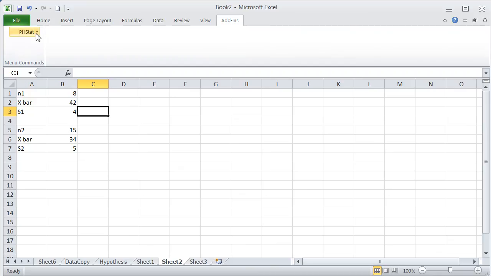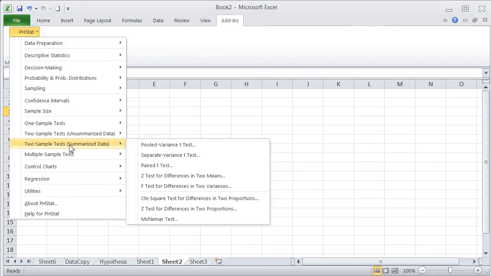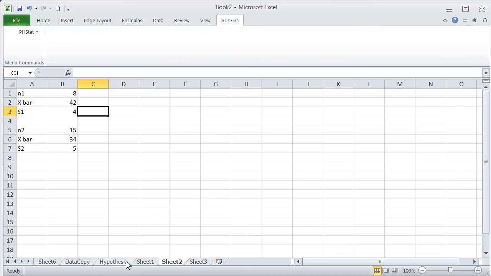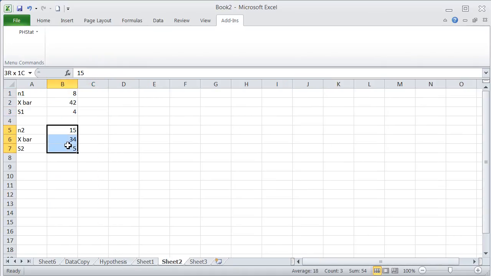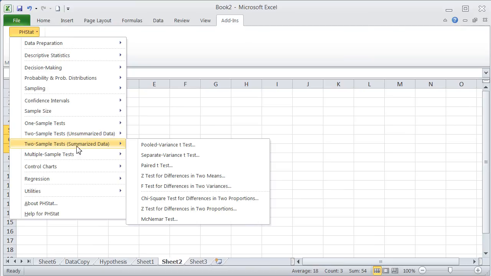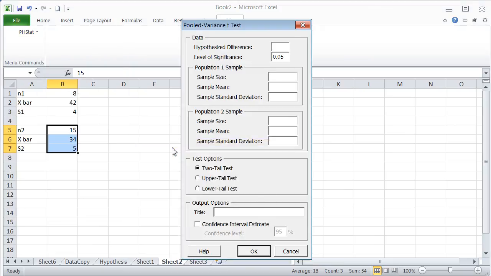Let's go to add-ins PHStat. Now we have actually summarized data. Remember here, first of all, the PHStat summarizes the data, gives the mean number, standard deviation, number of observations, sample size, and then only calculates the test statistics. So here actually we already have summarized data, and we should choose two sample test summarized data and pooled variance t-test. Again, the hypothesized difference we should write here 0 because we want to check whether mu1 is less than or equal mu2, whether their difference is equal to 0 or negative